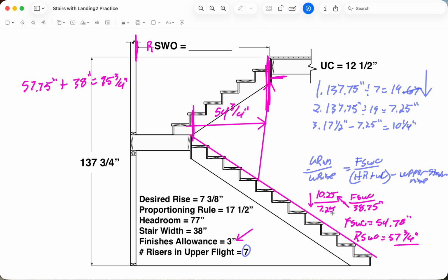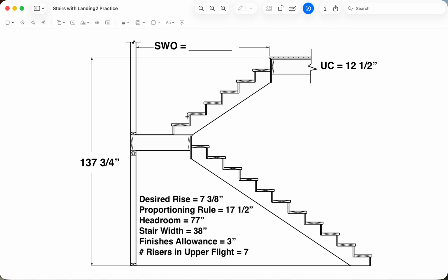54 3/4, really 57 3/4 at the rough framing stage. And then the total distance from here to here, basically 96 inches would be plenty, 95 3/4. Okay, so that solves that problem. What we would also want to figure out is what the length of the landing should be,